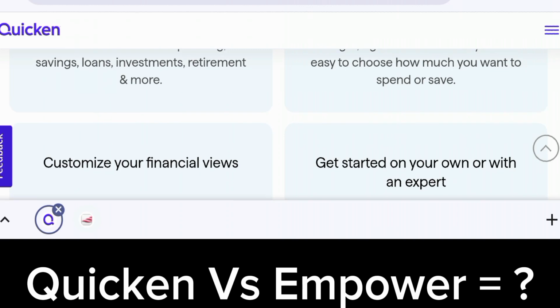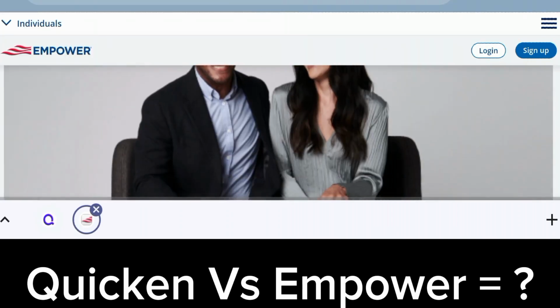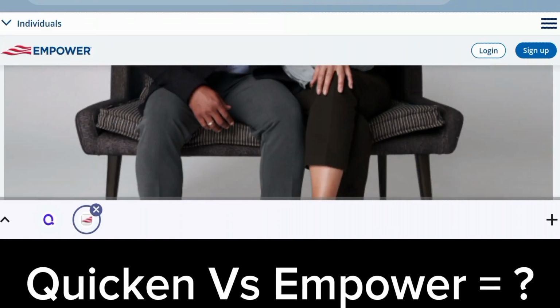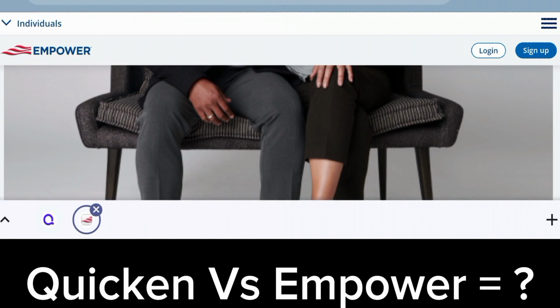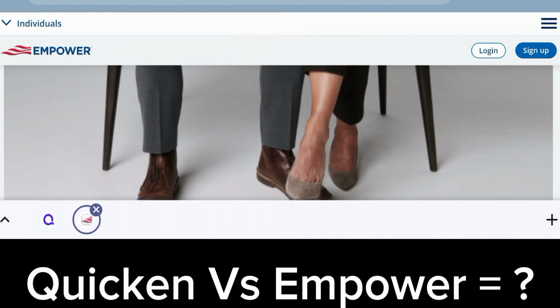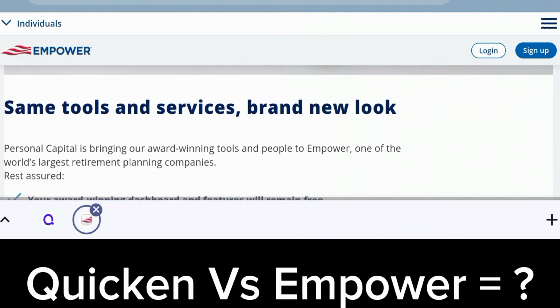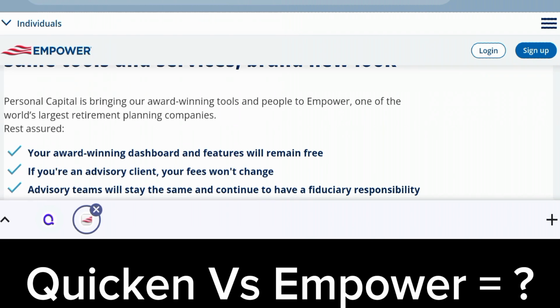And when it comes to Empower, which is formerly known as Personal Capital, Empower is a relatively newer entrant in the personal finance space, focusing on investment management and holistic financial planning. It offers a free financial dashboard that aggregates all financial accounts in one place, right? They also provide users with a comprehensive view of their financial health.